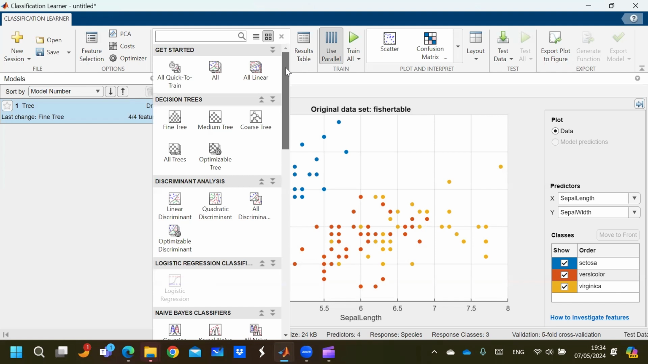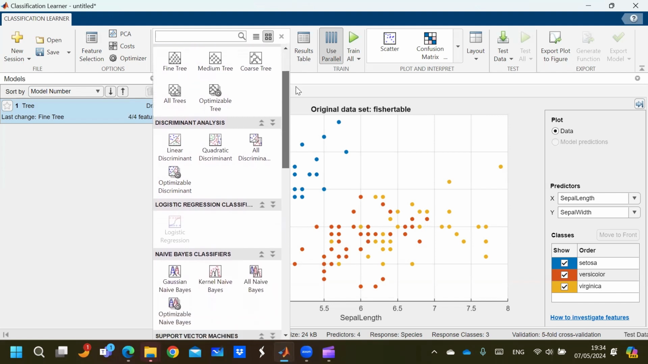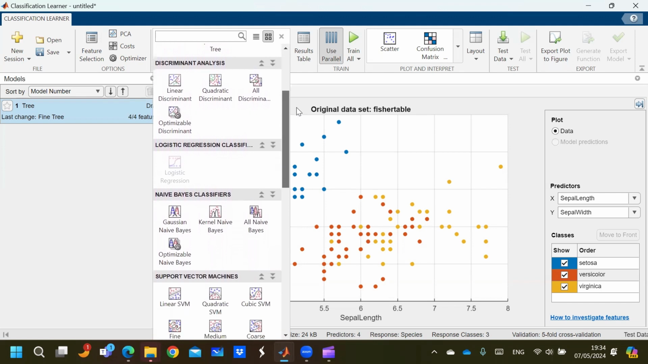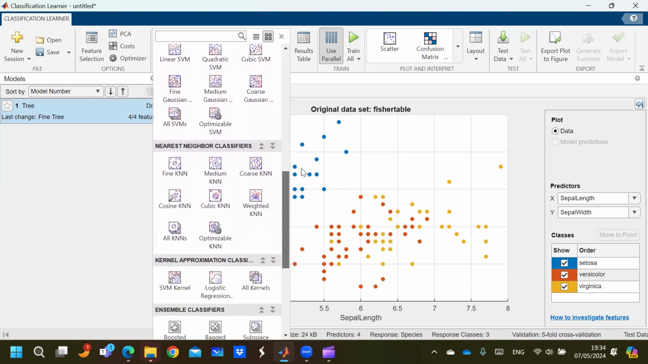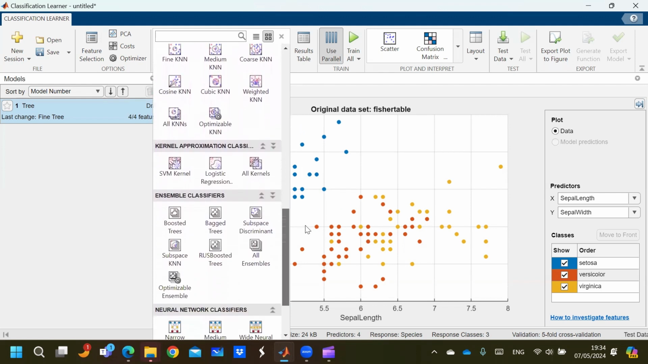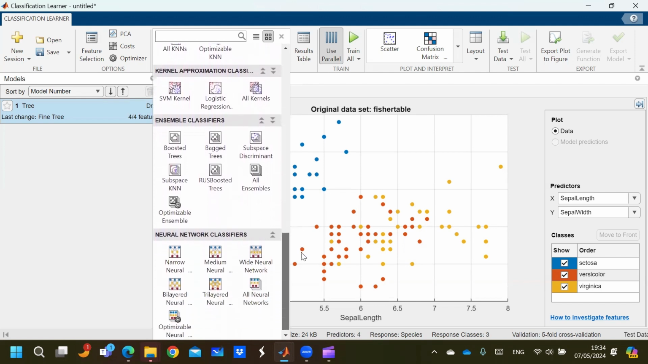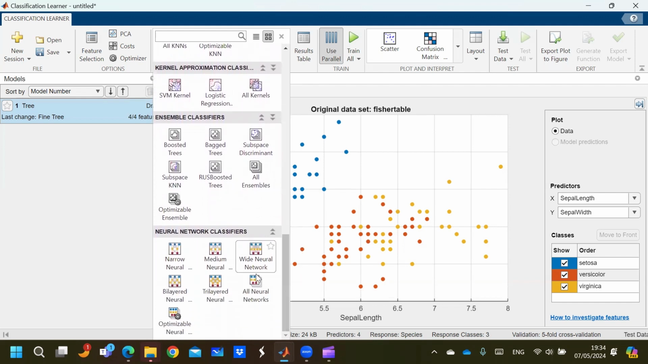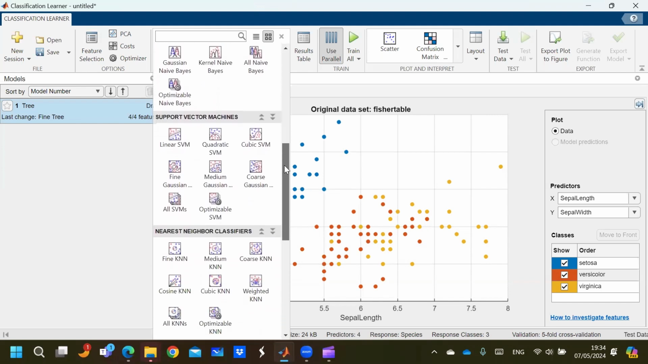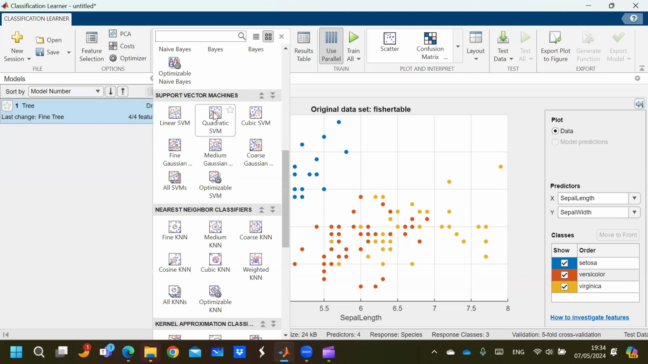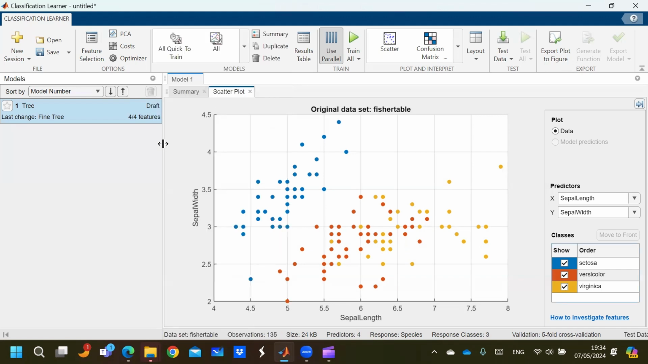Here we have decision trees. We have discriminant analysis. We have logistic regression classifiers. We have naive Bayes classifier, support vector machine, and nearest neighbor classifier, kernel approximation classifiers, ensemble classifiers, etc. And neural network classifiers, you can see here we have different neural networks. Let's start with what we discussed in the previous lecture. Let's take, for example, the support vector machine and take the quadratic one, not the linear, because here we have a two-dimension curve having second order. So we pick this